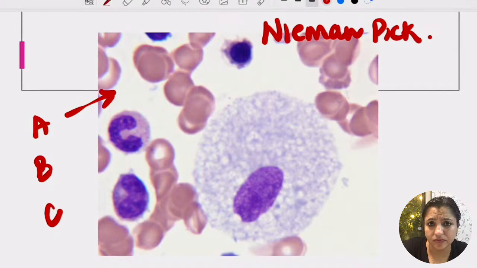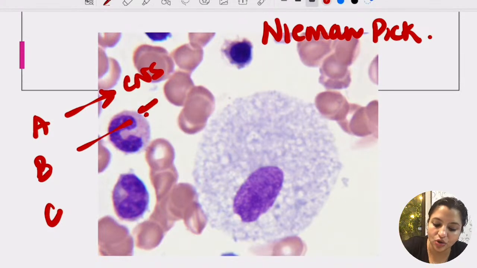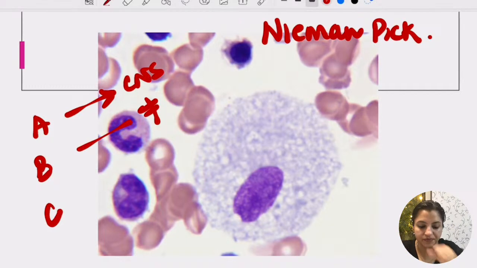So A, basically, is the opposite of your Gaucher's. A typically involves the CNS and B does not involve the CNS. So A involves the brain, B does not involve the brain, and that's the difference between the clinical features